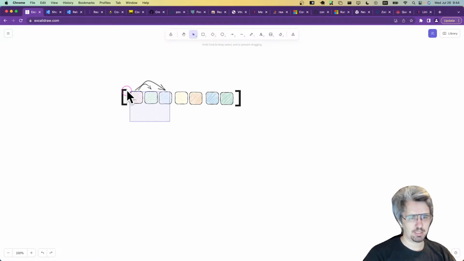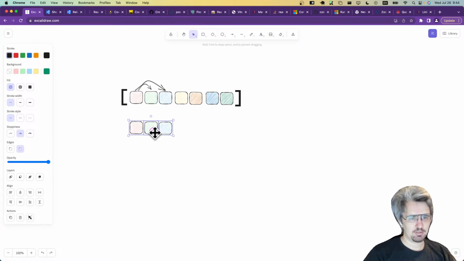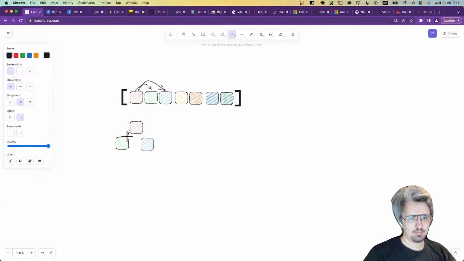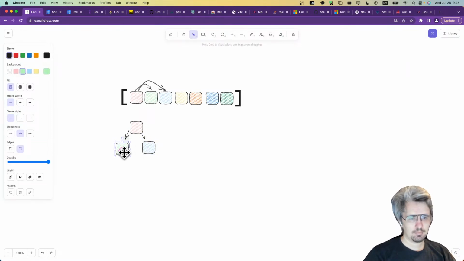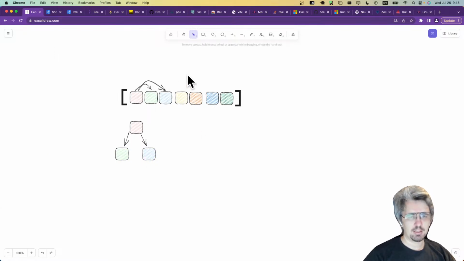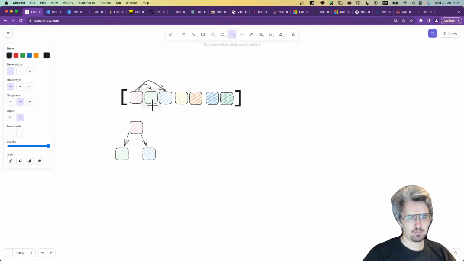So I will replicate this as a tree down here, left and right. Here we are. And then if we want to find the left and the right node of the green one, we can go,